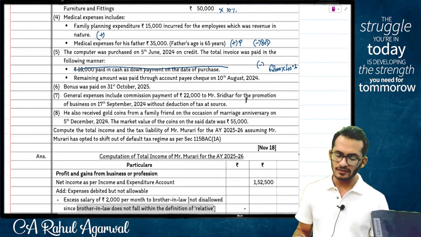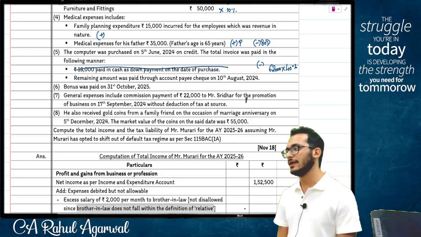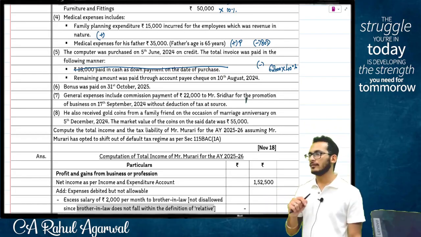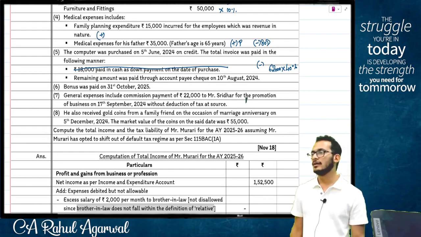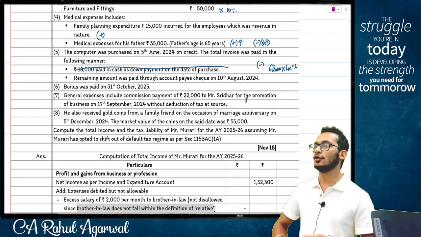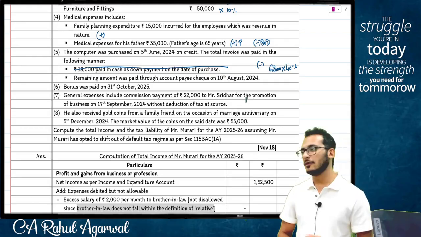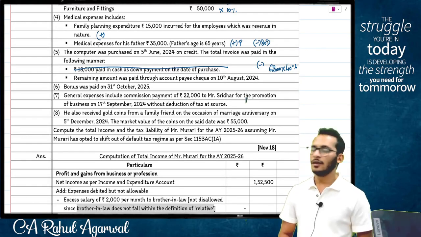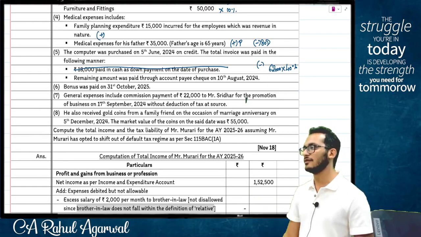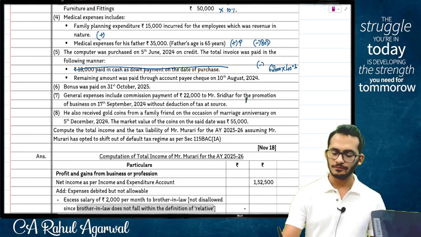Next. The bonus was paid on 31st October 25. People, when you get an adjustment with a date which does not pertain to the current year, there is only one section which applies, which is 43B, which says when you have an expense which you don't pay before the due date of return filing, it gets disallowed. My due date of return filing is 31st October. This is paid on 31st October, which means, therefore,